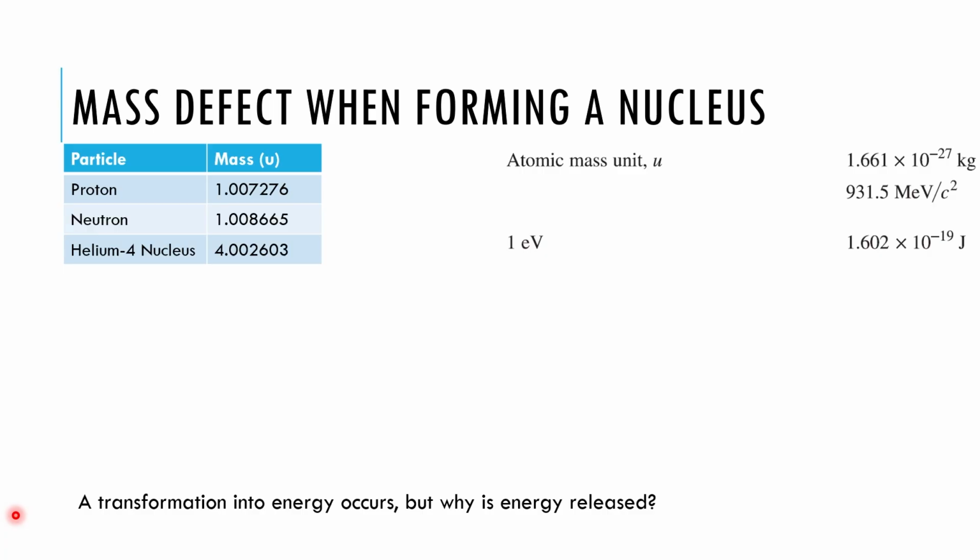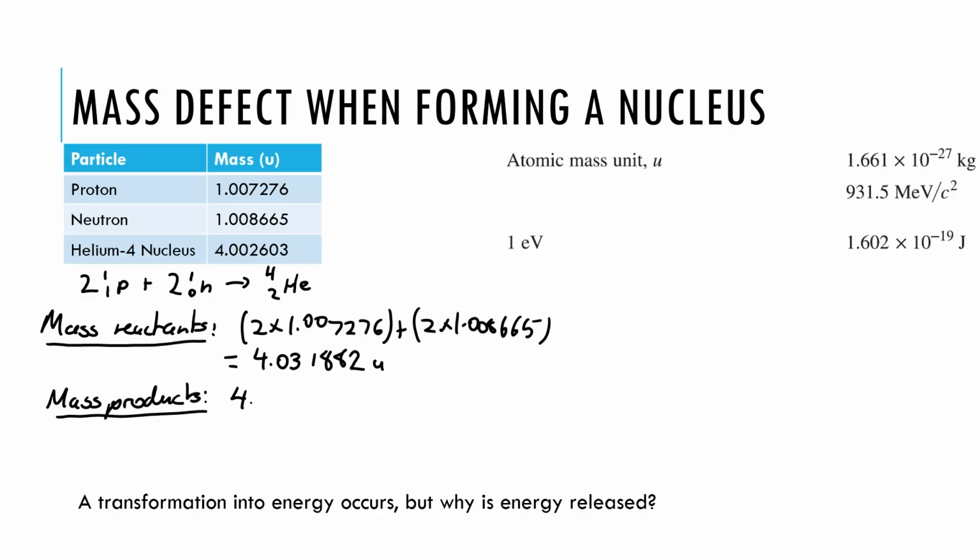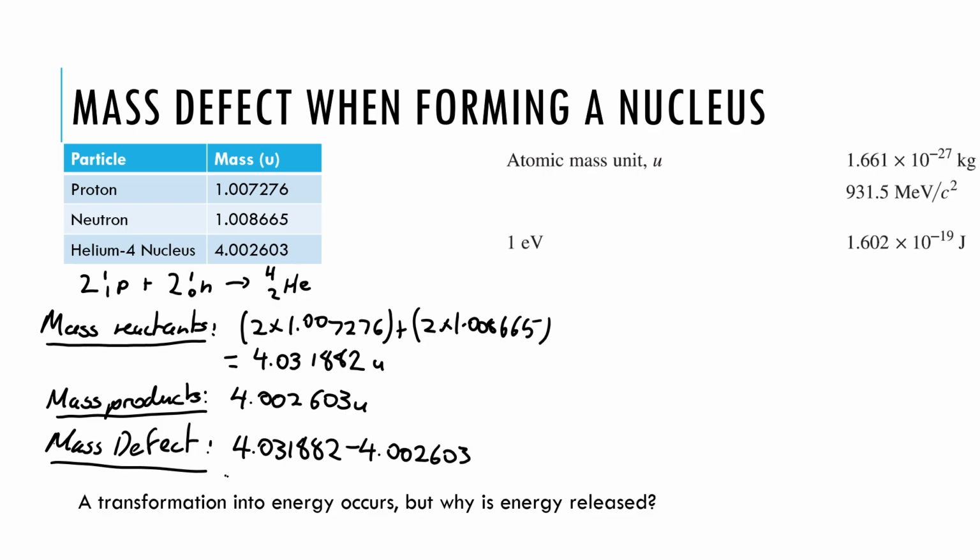This mass defect is observable when forming a nucleus from individual nucleons. I'm going to do a little bit of math to demonstrate what I mean. Here, we're going to build a helium-4 nucleus from 2 protons and 2 neutrons. Based on the data in the table, I'm going to add up the mass of all reactant particles as well as the mass of all product particles to demonstrate that there is a mass defect when forming the helium-4 nucleus. According to our data, the helium nucleus loses